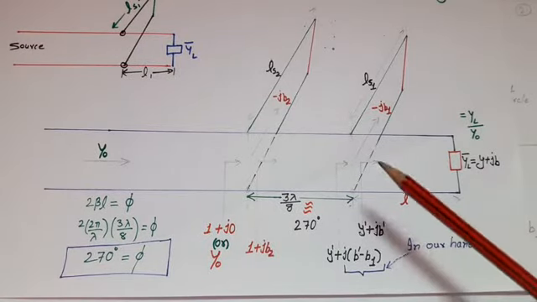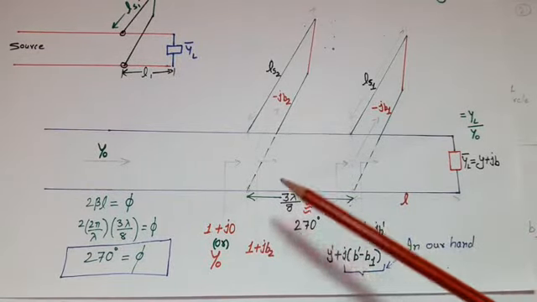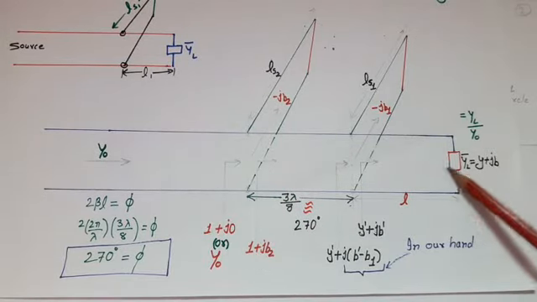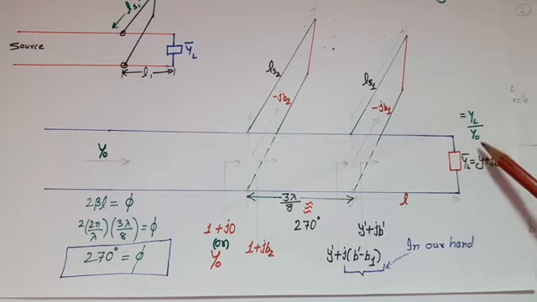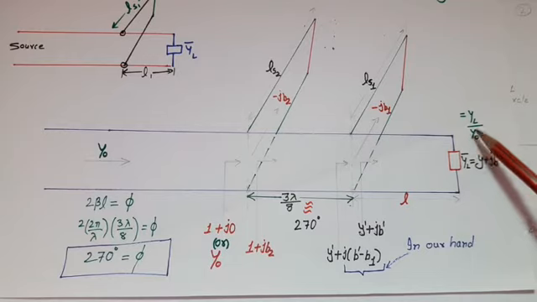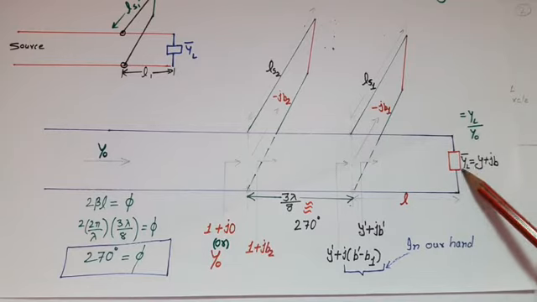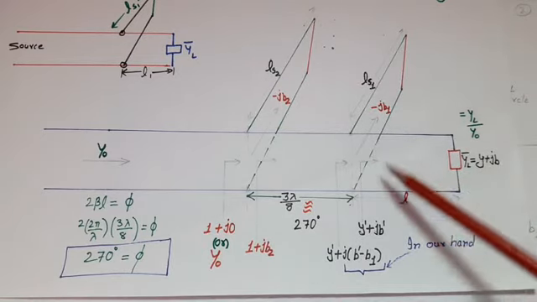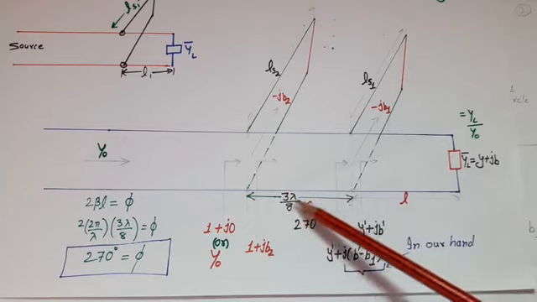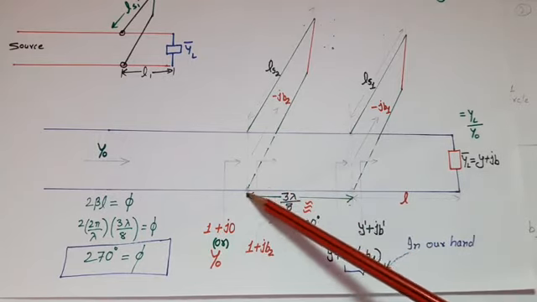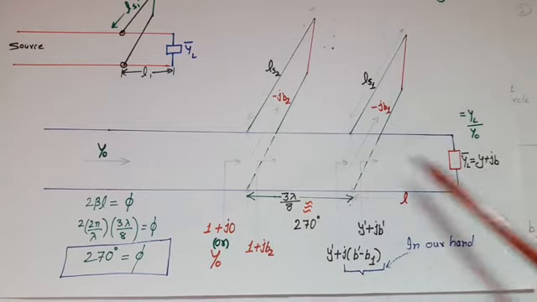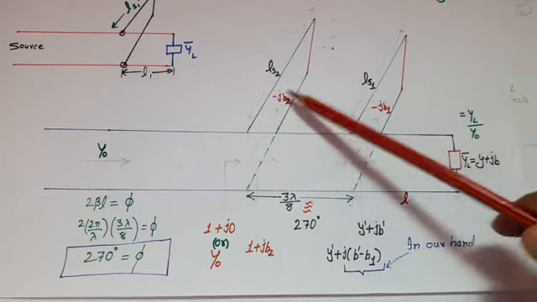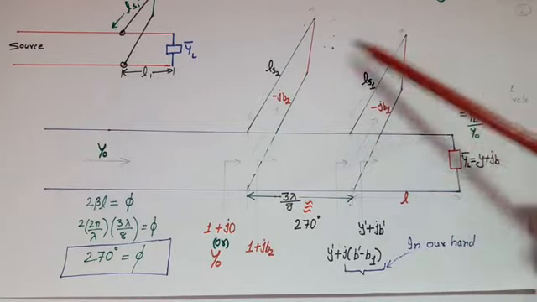In double stub matching, this kind of configuration is generally used, where this is a transmission line with characteristic admittance Y0. This is the normalized admittance load YL bar, where YL bar is equal to YL upon Y0 because it is normalized with respect to Y0. YL bar is a complex load. Suppose YL bar is equal to Y plus JB. These are two stubs. The first stub is put at a distance L1 from the load and the second stub is put at a distance 3 lambda by 8 from the first stub, and this length is kept always the same for matching of all the loads. These two are short circuit stubs which can provide any reactance value according to our requirement just by changing their lengths.